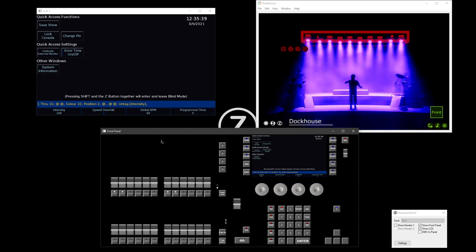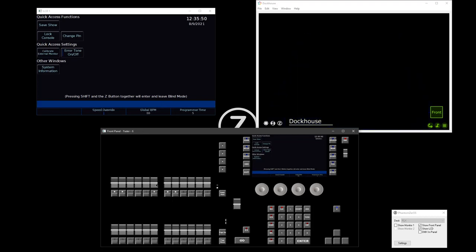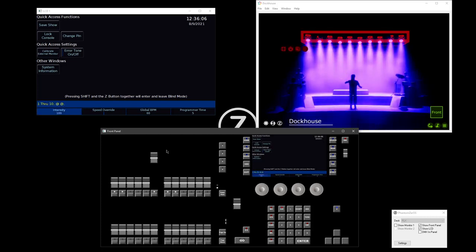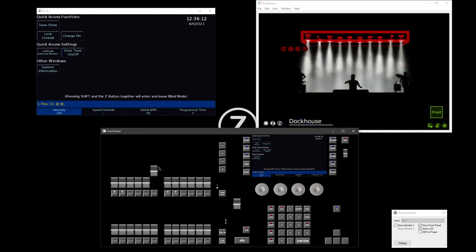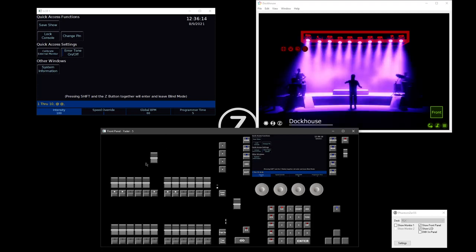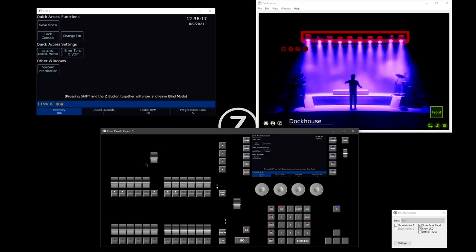So now I've done that, I could press my record button, and I can then tap an empty playback. I'm then going to double tap clear, and if I raise that playback, my fixtures will change colour and position, but they won't come on. If I was to now bring up their intensity manually, so I'm going to say 1 through 10 at, you can see that they are still on in the colour and in the position which is coming from this particular playback here. But the playback itself does not include intensity,